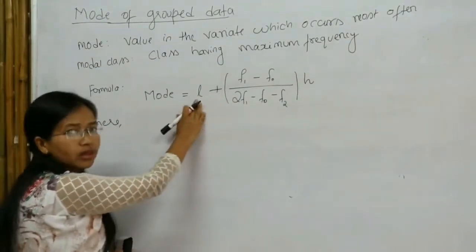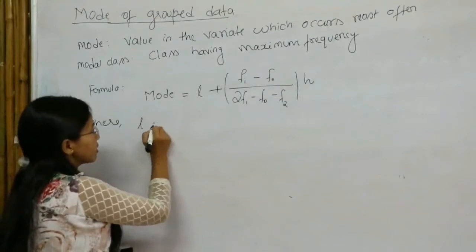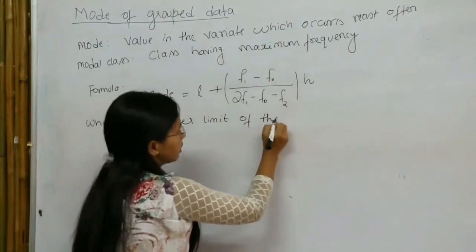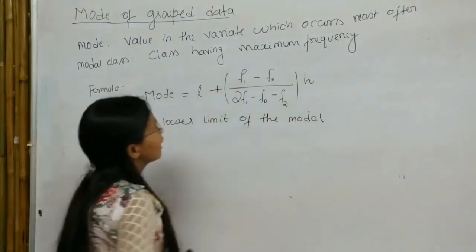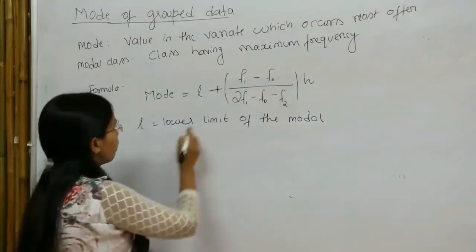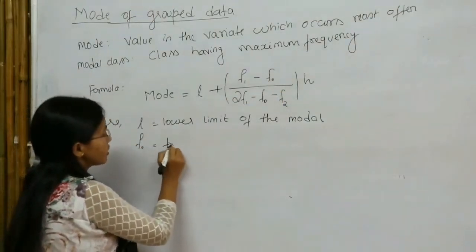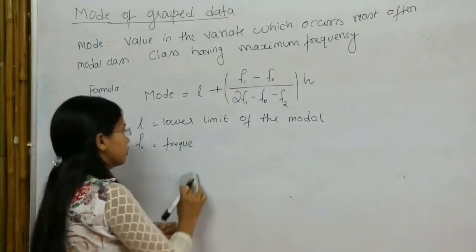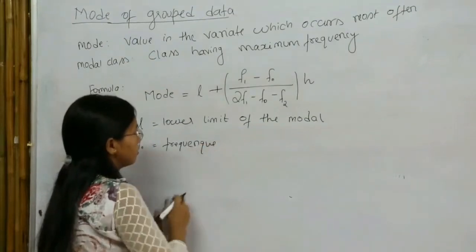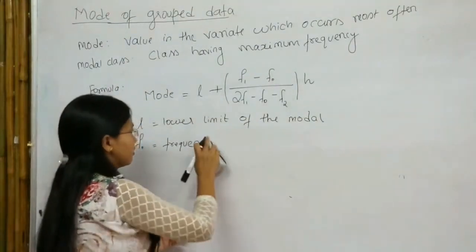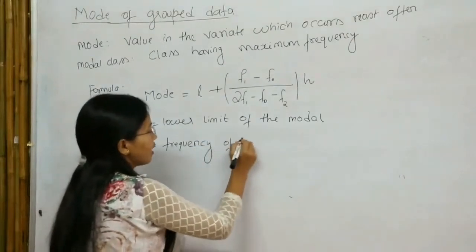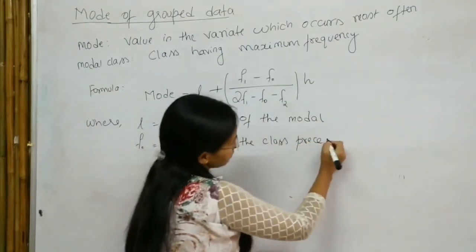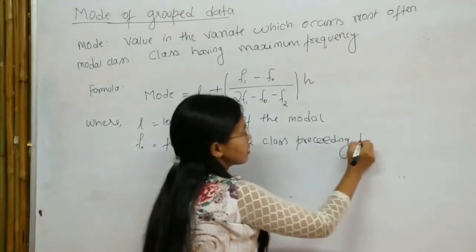Here L is the lower limit of the modal class, and then we'll have F0. F0 is the frequency of the class preceding the modal class,